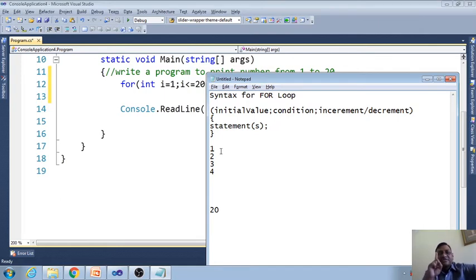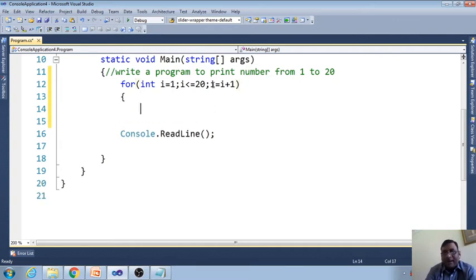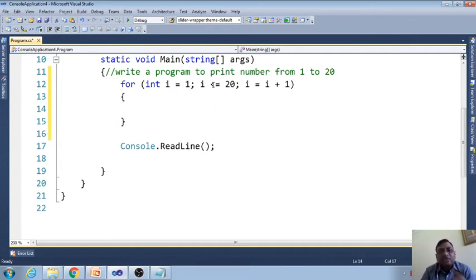So the difference is 1. That difference we write here: i equals i plus 1, because the difference is 1. Open the bracket, close the bracket, and inside this we are going to print the value of i.